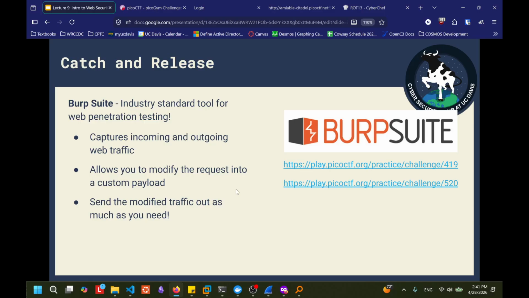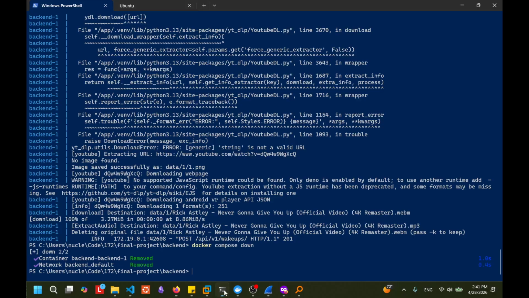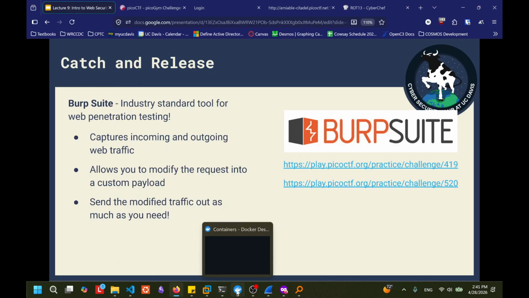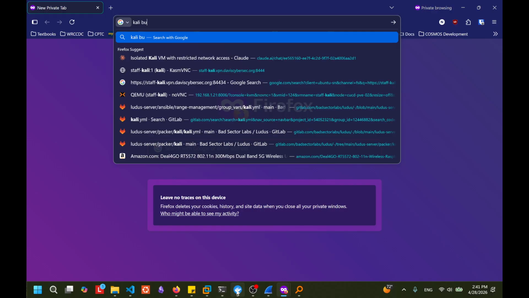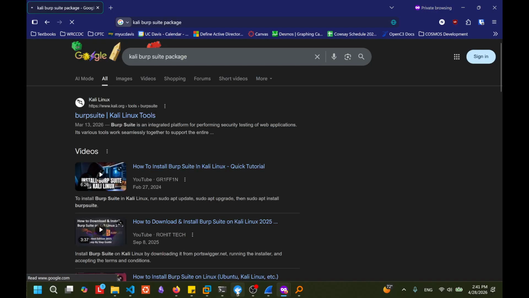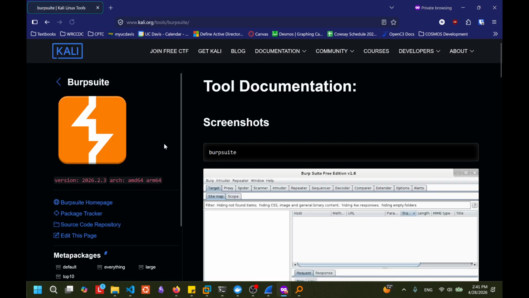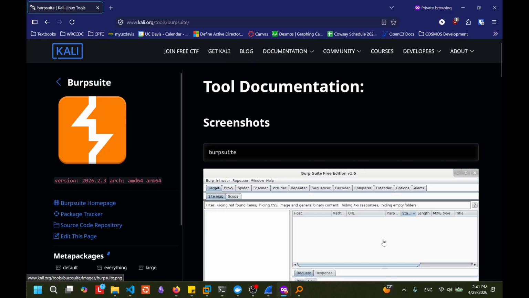I'm seeing a no, so if you want to install it, the package is called, let's see, Kali Burp Suite package. You just run sudo apt install. Instead of installing it, you can either give us the hint that we need it, or just give us the command as part of the document. That'll save you the whole work.